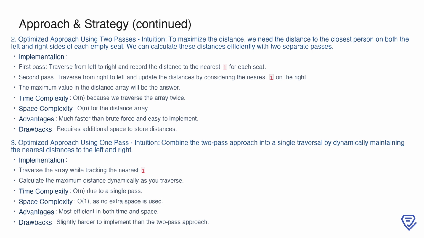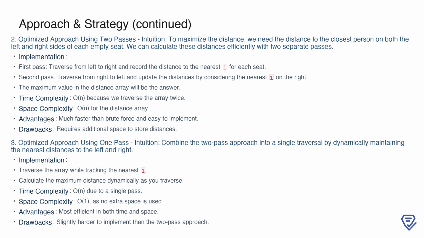During the first pass, we record the distance from each seat to the nearest occupied seat on its left. In the second pass, we update these distances by considering the nearest occupied seat on the right. By the end, the maximum value in our distance array gives us the result. This method has a time complexity of O(n), as we traverse the array twice, and a space complexity of O(n)